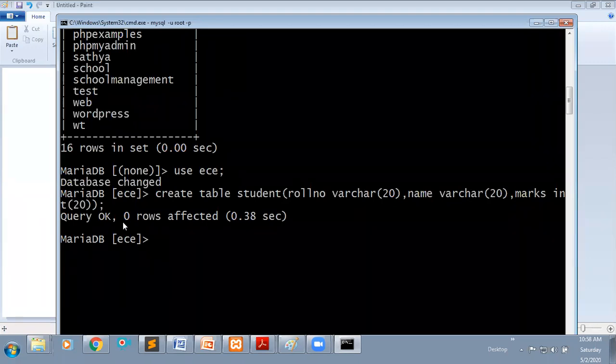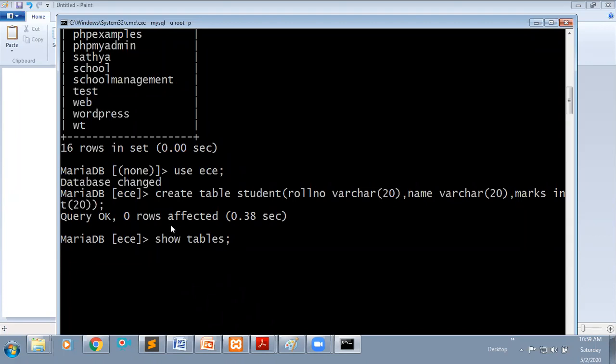Now you can see "0 rows affected." It means I have just created one table within the database. In which database is it created? In the ECE database. If you want to see what tables are present within this database, use the statement show tables. To see the databases we use show databases.